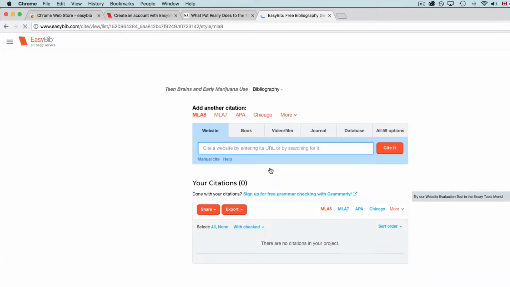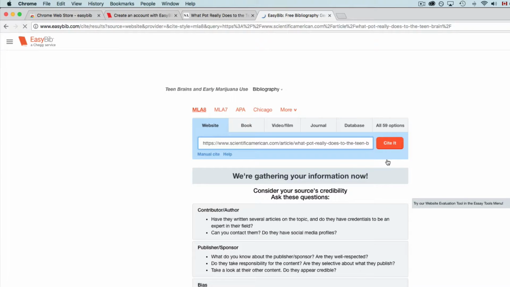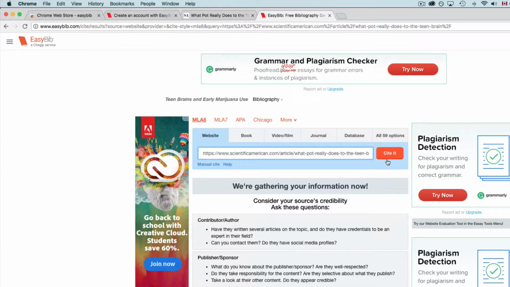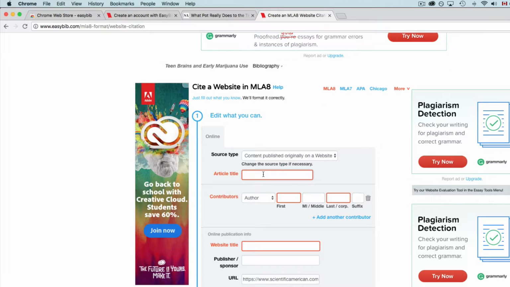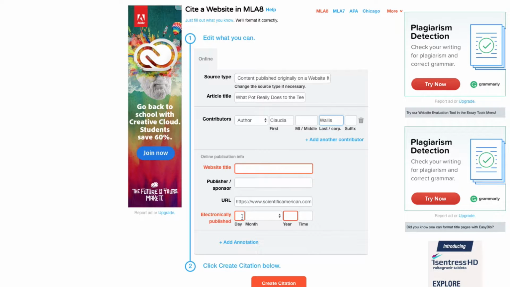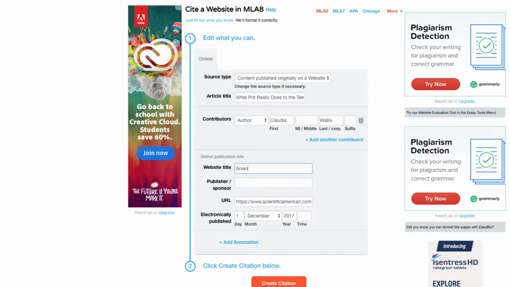Click on that little link there and it'll bring you to a page that's asking you for the URL. Simply paste it in, click Cite, and you're going to drill down further and click Manual Cite. Now what Easybib does for you sometimes is it will recognize the article title and even the author. In this case it's not, and so you're going to have to add that in as you see on the web page. Make sure that you get the date and the year, the website, the title of the website,